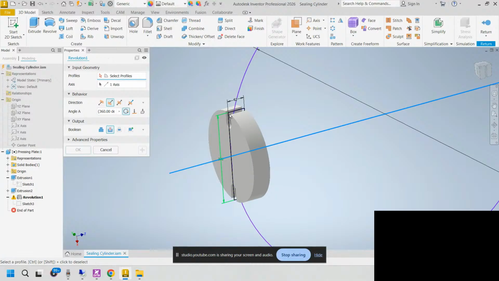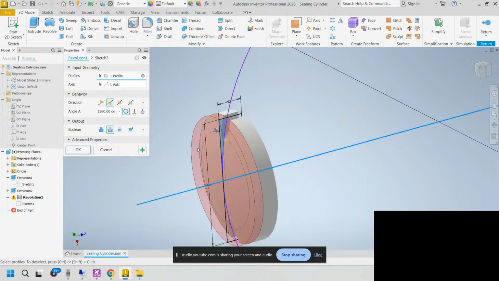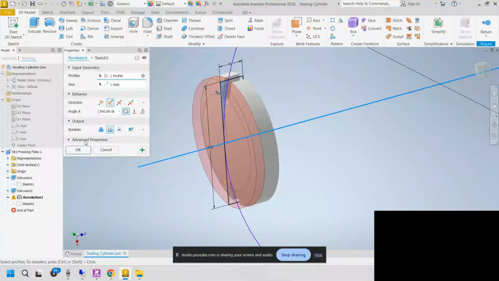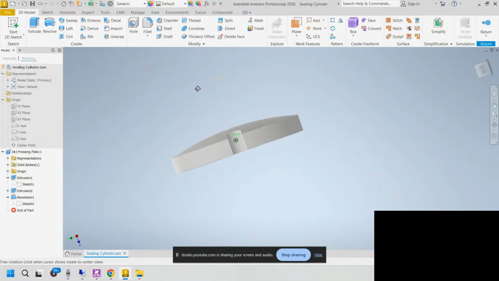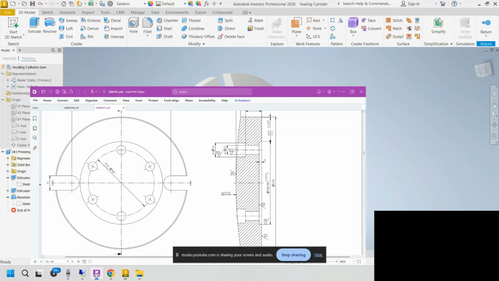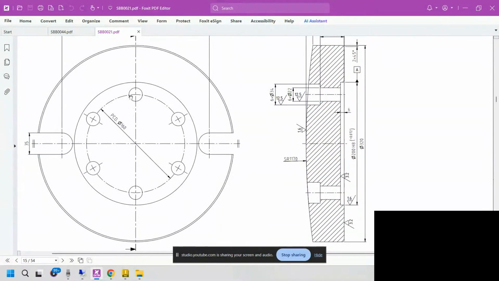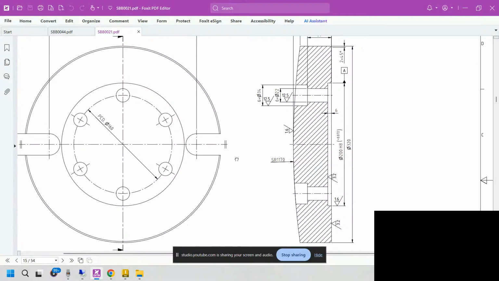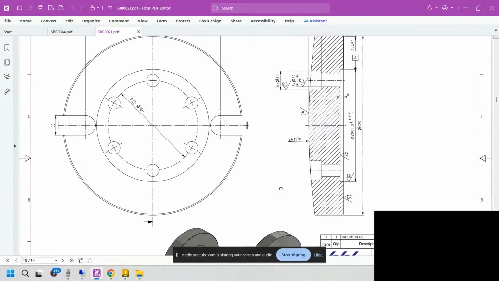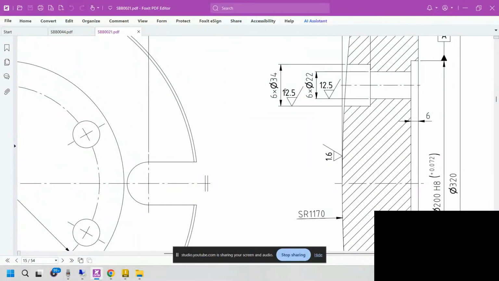I want to choose this profile. Okay, that's it. It's exactly like the document. Okay, let's create these holes. We have 6 holes. Diameter is 34. Okay,